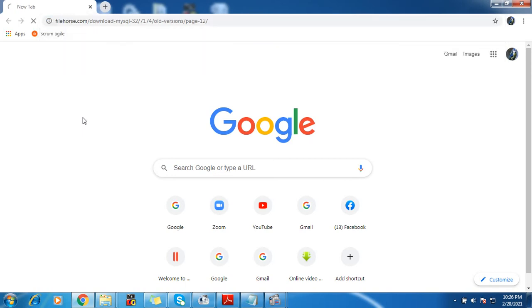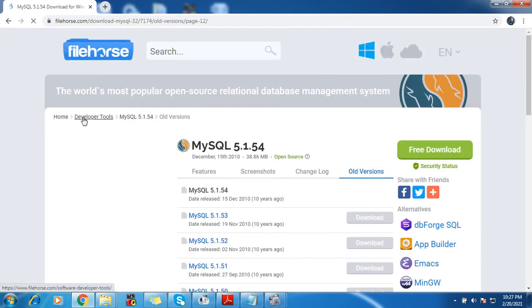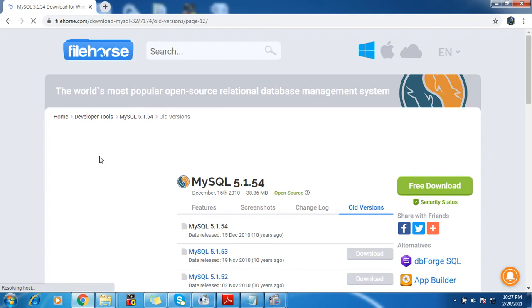So let us visit this site. Even before visiting this site, I'll recommend that you go through your antivirus, what your antivirus is prompting, or if it is telling you that this is a harmful or malicious kind of website, do not go for its download. Find another one.